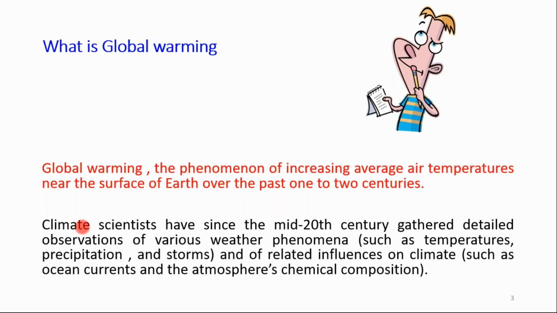We have to observe and analyze all these adverse effects, which are also called effects due to anthropogenic activities done by human beings. All these things should be analyzed so that we can understand how to control global warming, right? So before that,